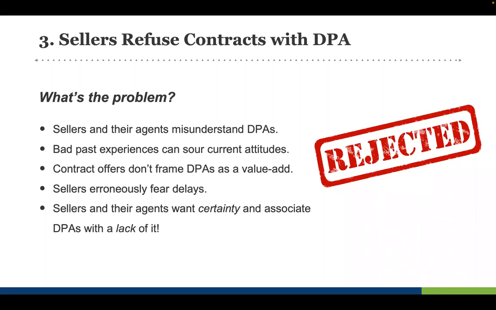And then we also know that sellers, rightfully so, fear closing delays, right? But are they erroneously fearing those delays? We'll get to this later, but a loan officer who is savvy with DPA will tell you they're closing on time. They're closing in the same amount of time using just about any DPA as they would otherwise, even if you were putting 20% down. And I'm not making that up. I'm transcribing to you what we hear from loan officers all over the country, day in, day out, week in, week out. And lastly, sellers and their agents, what we think they really want, obviously, is certainty.